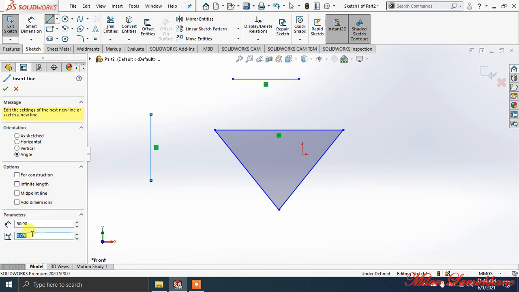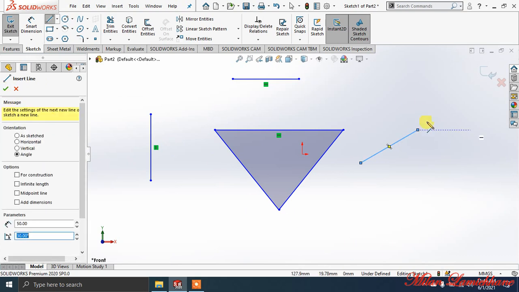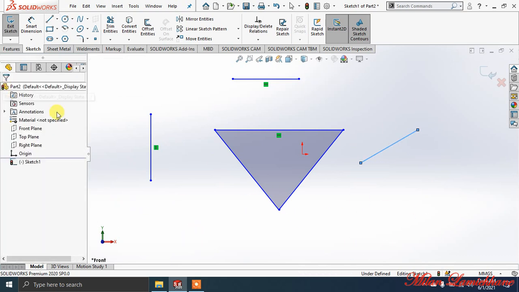Now if you go to angle, then it is asking you for the parameter, the angle value. If you give 30 degrees directly, then you will draw the line at 30 degrees with the axis. Now all these things are done. Now let's go to